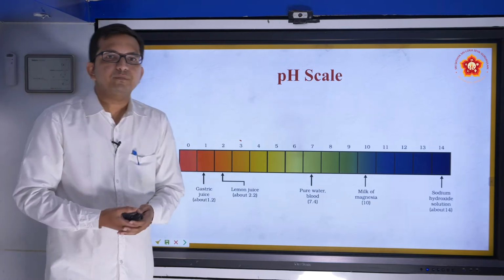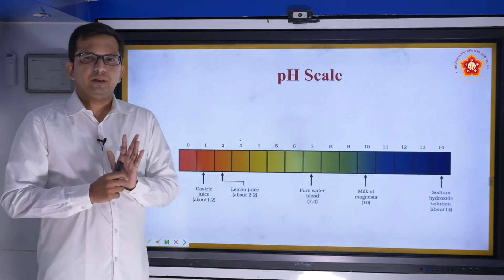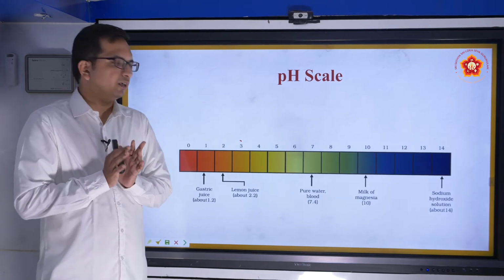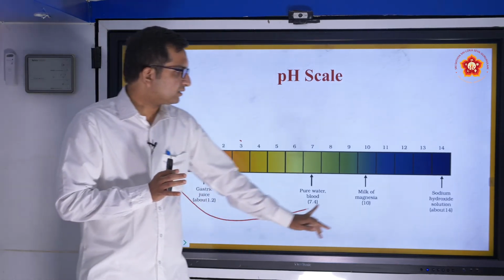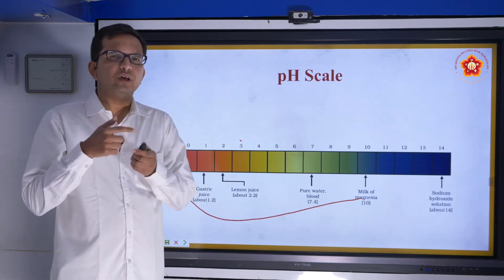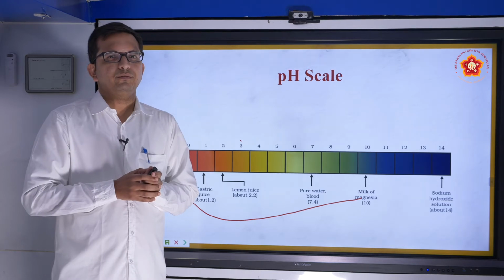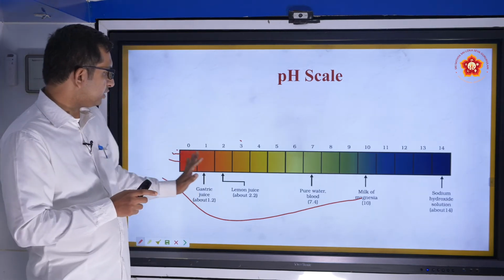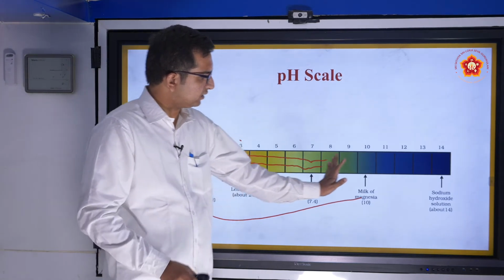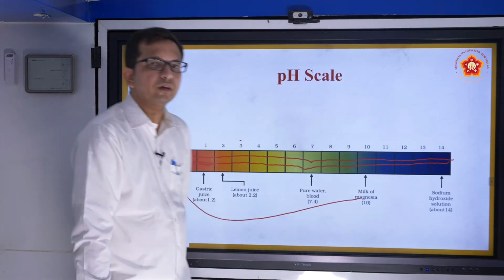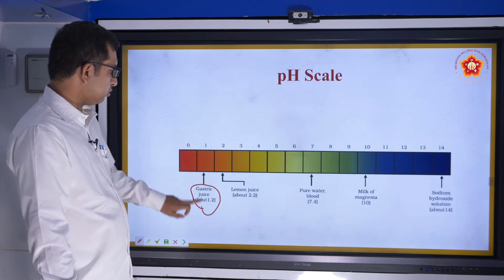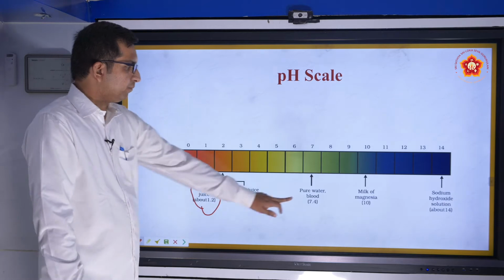Moving further now. The same pH scale that we had, the same pH scale that we see here, is now given in various coloration forms, because we have already seen that pH paper can give different colors in the systems. So what is this? You can see that this side it is more of a reddish coloration, where slowly it goes to greenish and then it is going towards the bluish part. So some examples are shown here where gastric juice is around this pH value, lemon juice, then pure water and